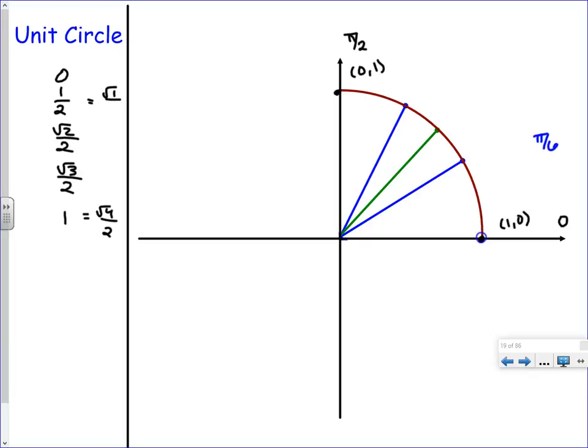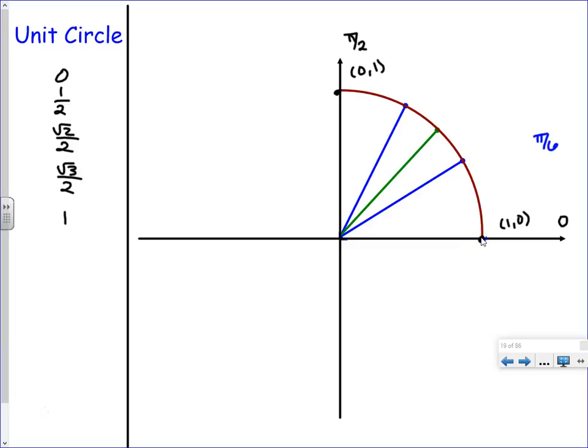I think there's a pattern to the unit circle. Root 0 over 2 is just 0, root 1 over 2, root 1 is just 1, root 2 over 2 doesn't simplify, root 3 over 2 doesn't simplify, root 4 over 2 is 2 over 2, which is 1. No, I wouldn't necessarily say that you should just memorize the pattern and have to reduce it every time, because that takes time. But if you can get down that these are the 5 different main numbers, and this is the smallest, and this is the biggest,